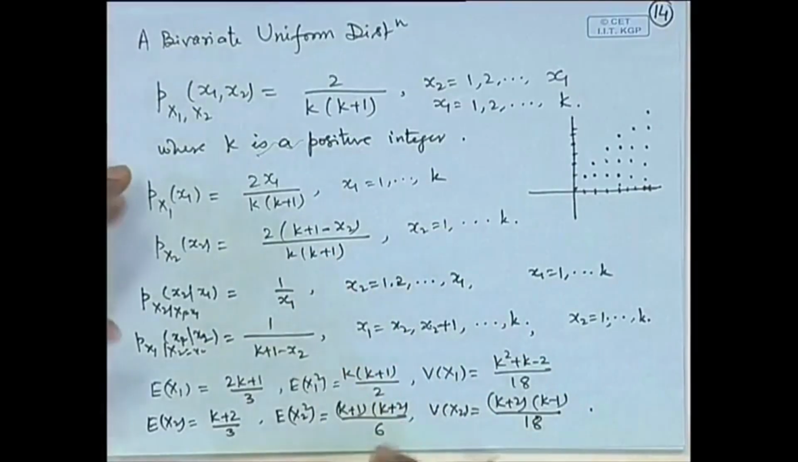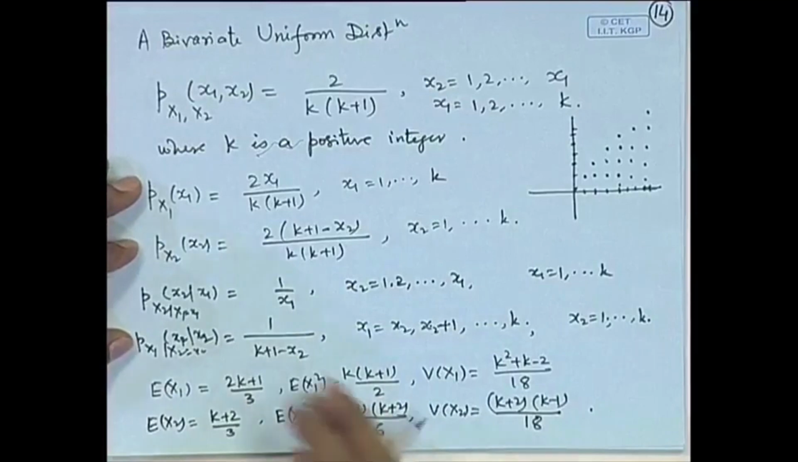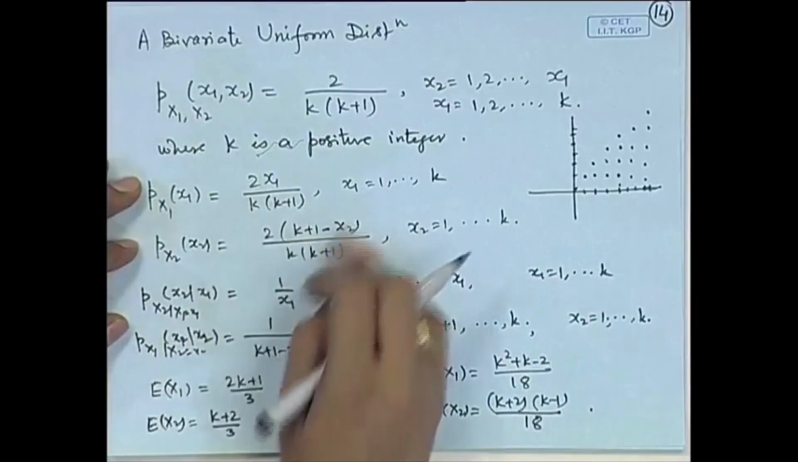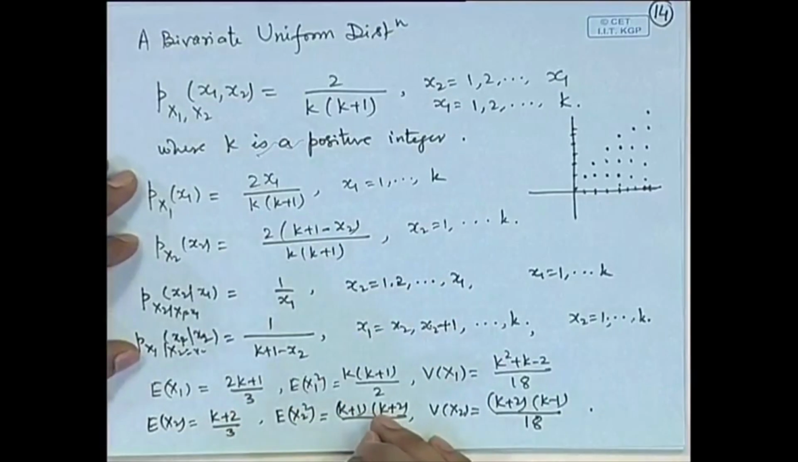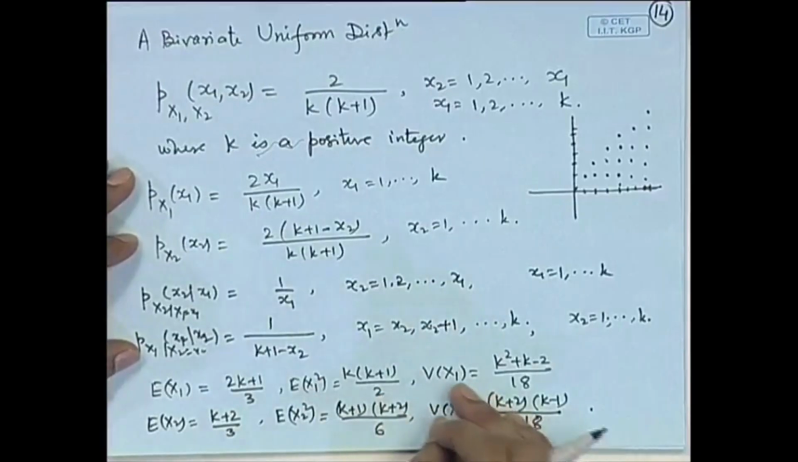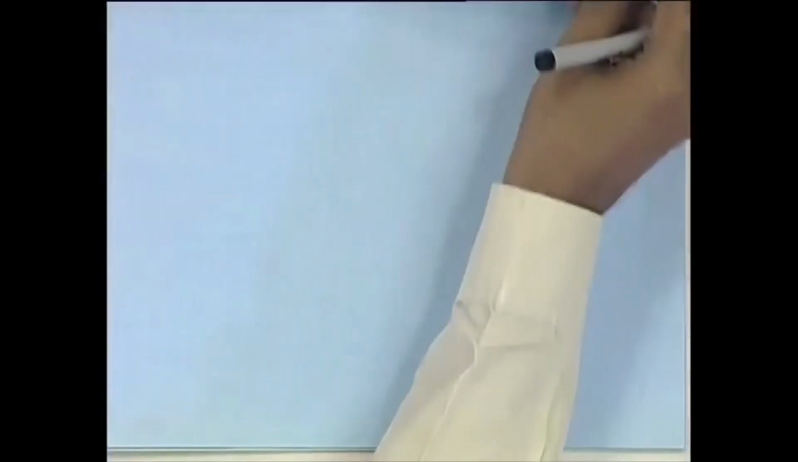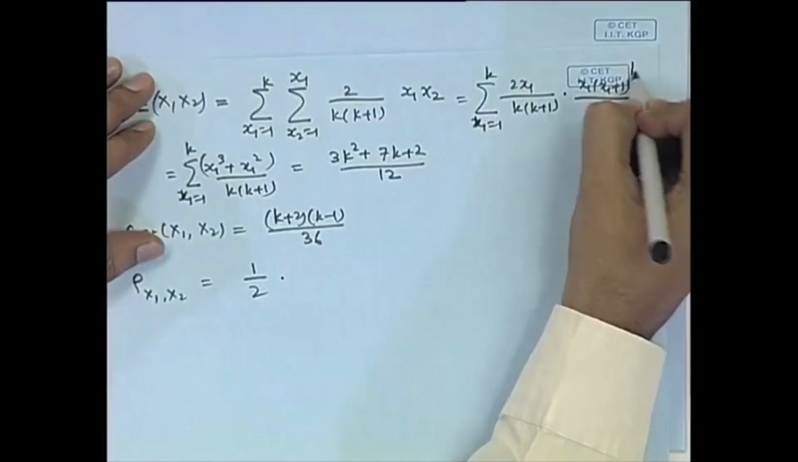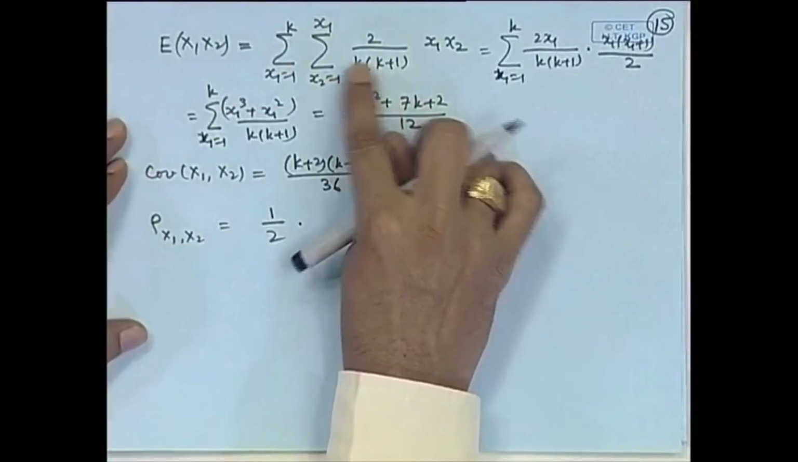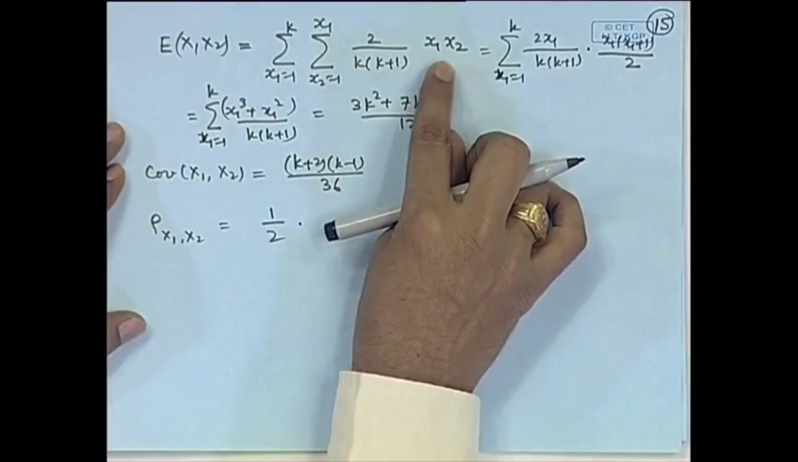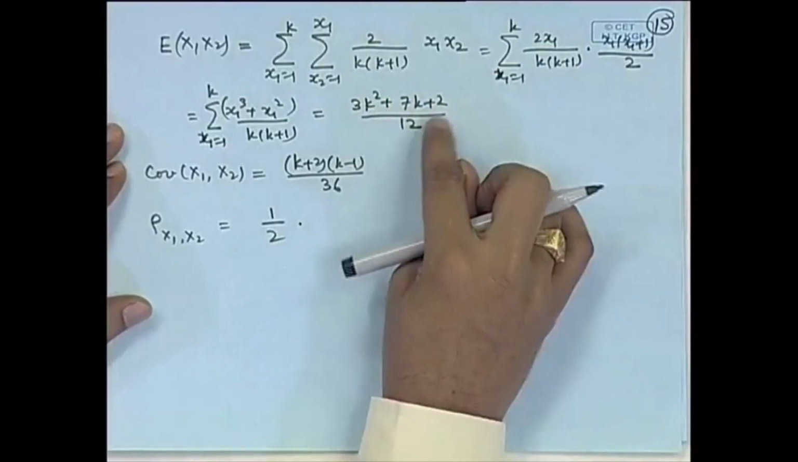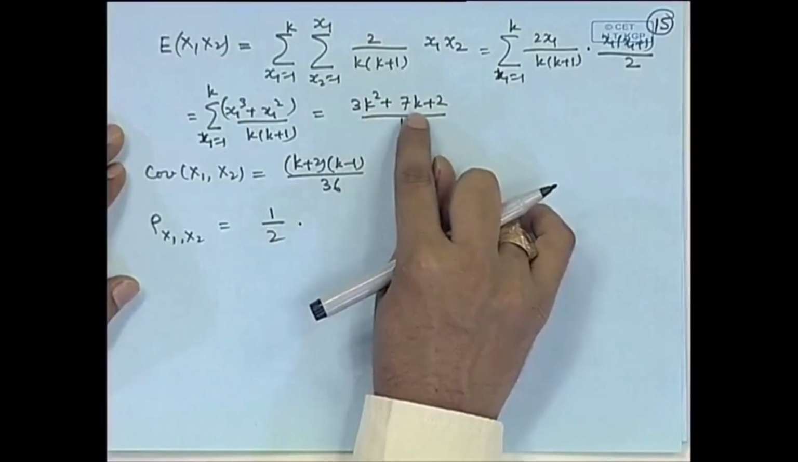We can calculate certain moments about this distribution, which can be obtained from the marginal distributions, like expectation of x 1, expectation of x 1 square, variance of x 1, and similar characteristics for the x 2 variable. We can also look at the product moment, that is expectation of x 1 x 2, which is calculated from the joint distribution of x 1 x 2, and after certain simplification it turns out to be